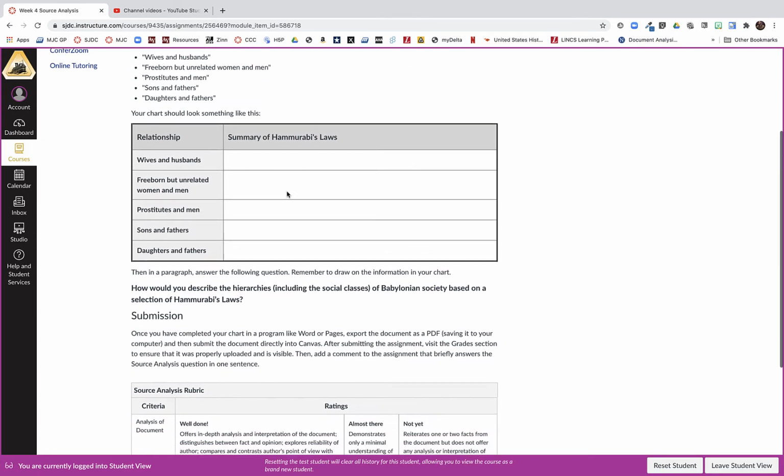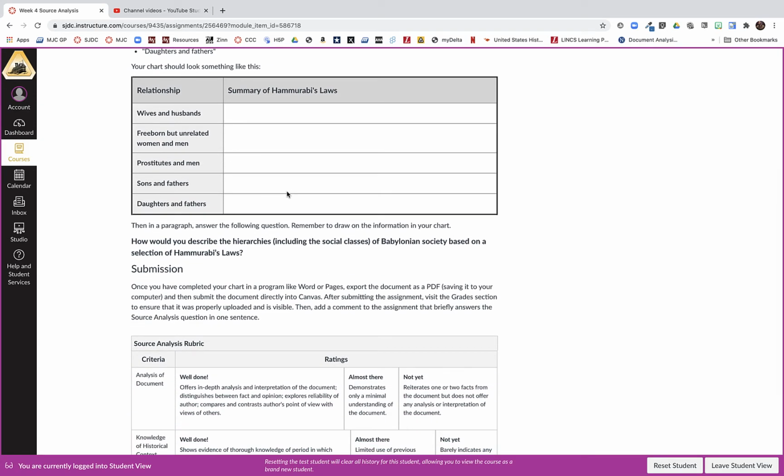Then when you're all done with that, you put your table on the top of the page, and underneath that you're going to answer this question: how would you describe the hierarchies, including the social classes, of Babylonian society, based on the selection of Hammurabi's laws? Okay, and when you're done with that, you're going to submit both of those as a PDF or Word document